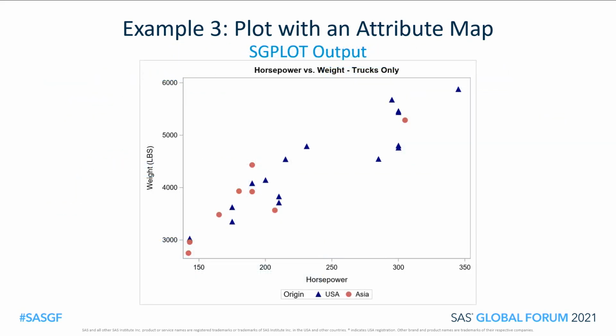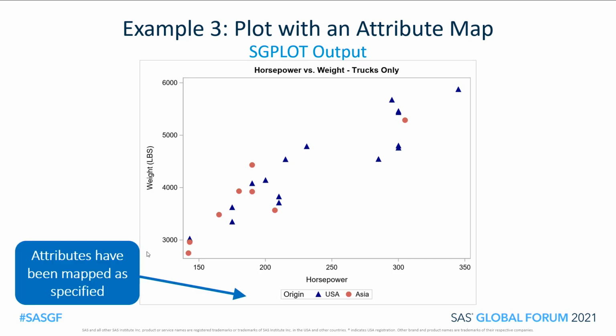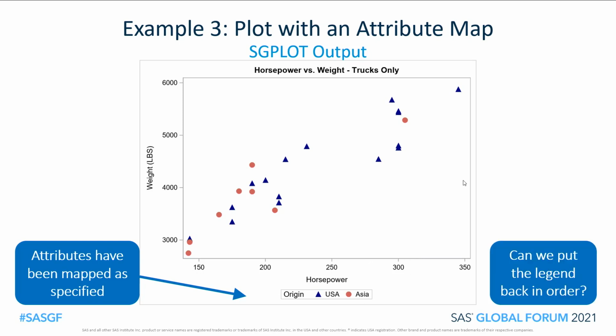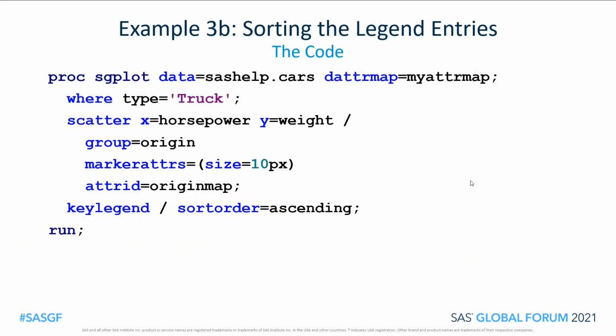And here is our output. Notice now that the attributes have been mapped the way we specified. We have the navy triangle for USA and the red circle for Asia. Now, one thing you might be wondering is, hey, these aren't in the order that I want them. Can I fix the order? Can we put the legend back in order so Asia's first? Well, yes, we can. We're going to make a little bonus tweak here to our code